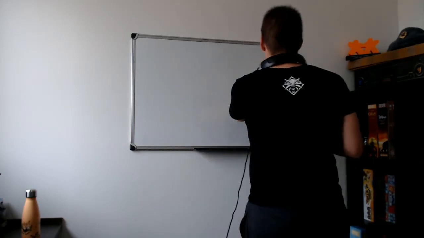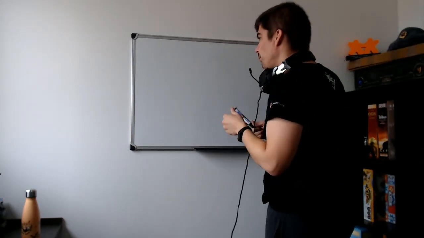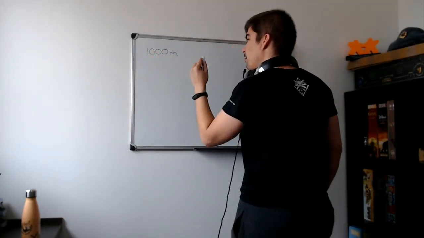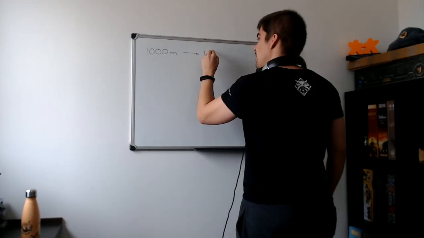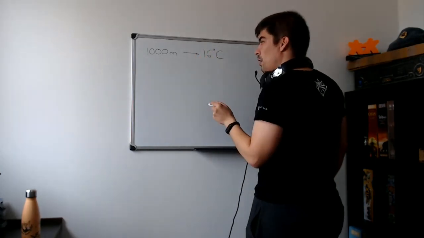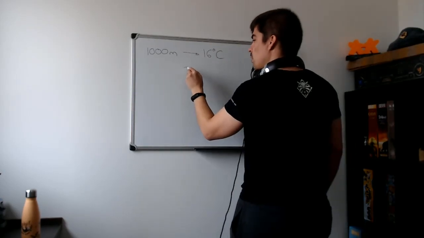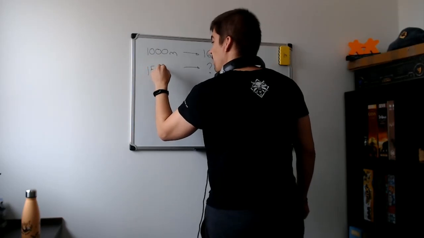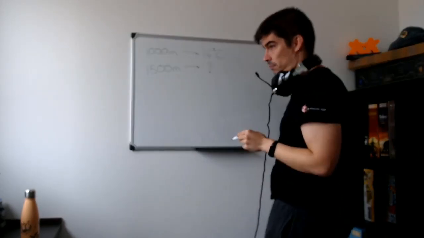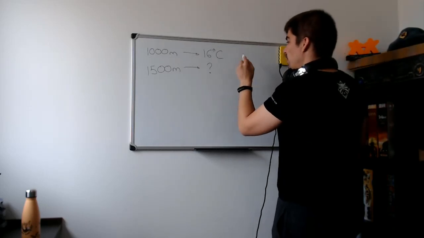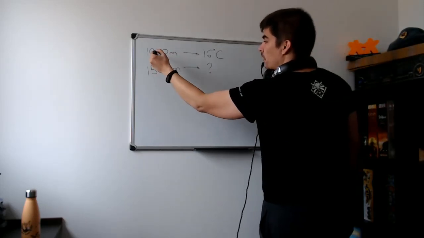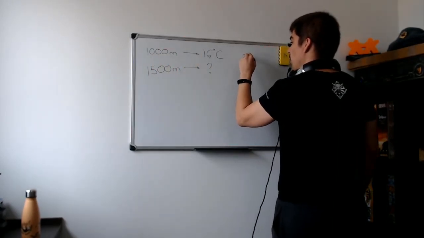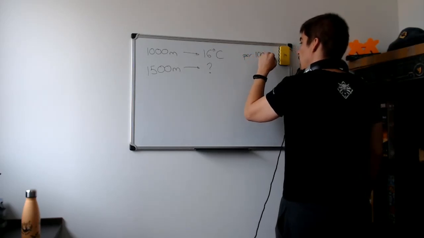For example, the problem says at an altitude of 1,000 meters the temperature is 16 degrees Celsius. What will the temperature be at an altitude of, let's say, 1,500 meters? So, first, we know that we are climbing. The altitude is increasing, so we know that per 100 meters of altitude increase,